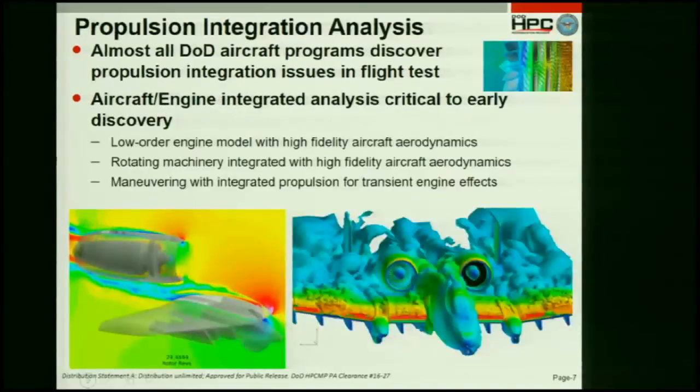The next multidisciplinary case is propulsion integration. And really almost all DoD aircraft programs have issues with the installation of the engine. And again, you don't see it until very late in the process. And so here's a situation, it's one of the first calculations I've ever seen at the time. It is an A-10, full aircraft A-10 model with rotating machinery on the inside of there. And on the right-hand engine for the pilot, it's a fully rotating machinery, and on the left-hand side, it's an engineering model, the cycle deck. So we're able to run in Kestrel both the cycle deck and the rotating machinery